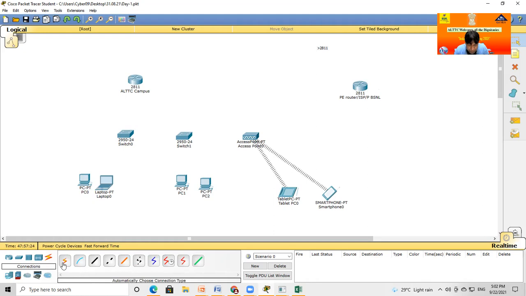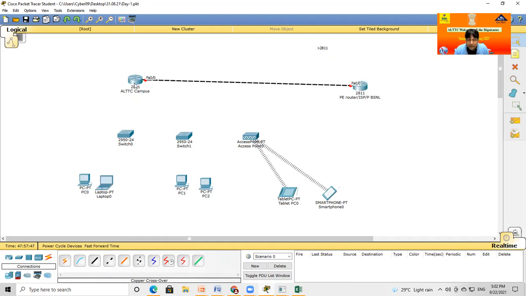First is automatic, second is the console, third is straight, and next is cross. I click on the cross cable and click on the router, which has a 2-port Fast Ethernet for communication. I select FA 0/0 and put the other side at 0/0.